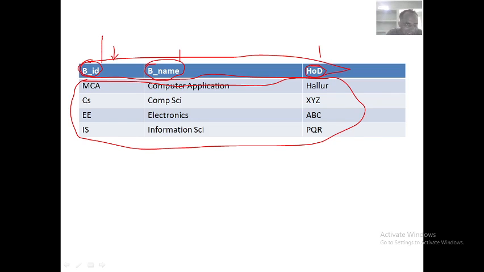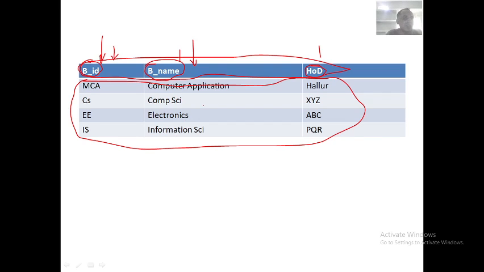If you take only one column, you will get only particular values, like only branch IDs. MCA is a branch ID, CS is a branch ID, E&E is a branch ID and IS is also a branch ID. If you take this column, you will get only branch names: computer application, computer science, electronics and information science.